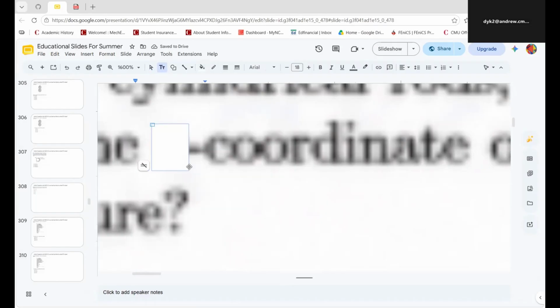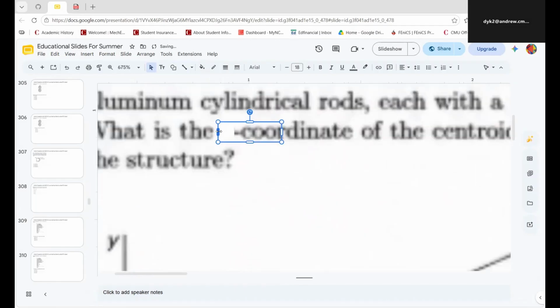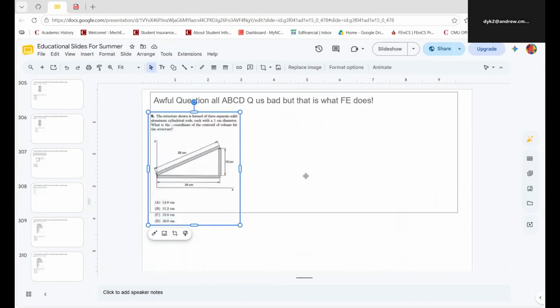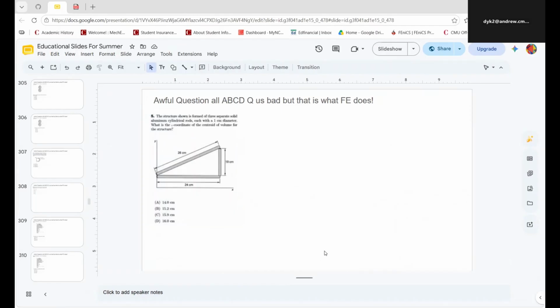Let me just put a new one over here. Over here, it's supposed to say X. Yeah, I mean, half the time is just double checking you got the right wording down. So X coordinate of the centroid for the structure. Okay, so basically what it's saying is we have, I mean,